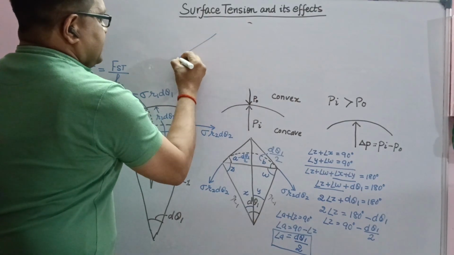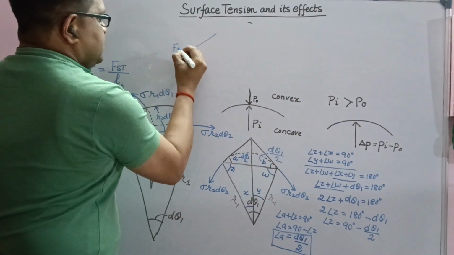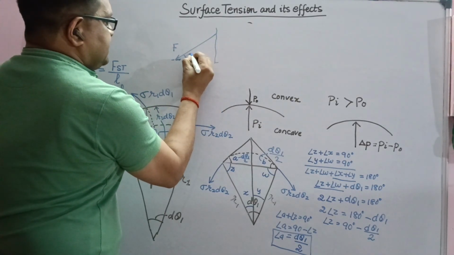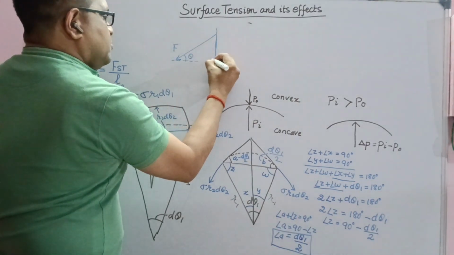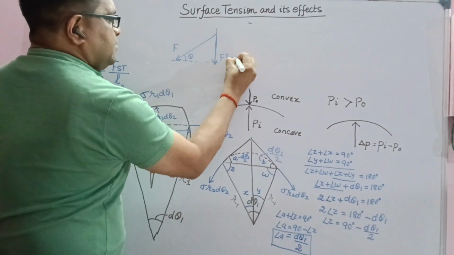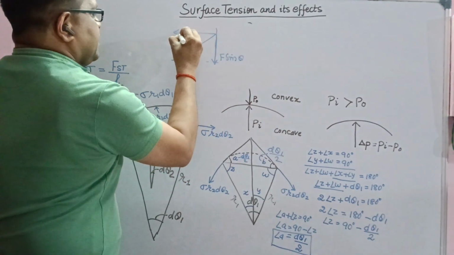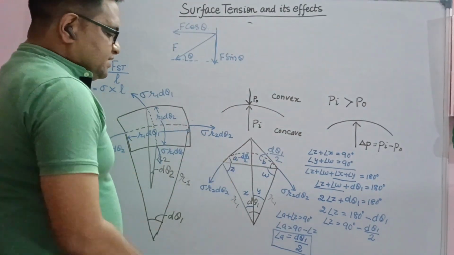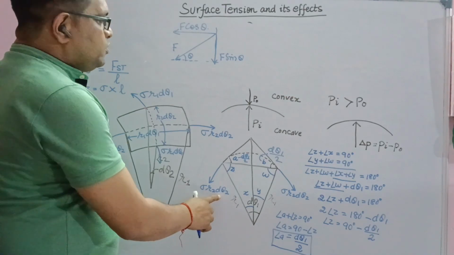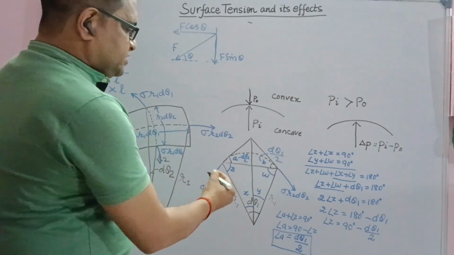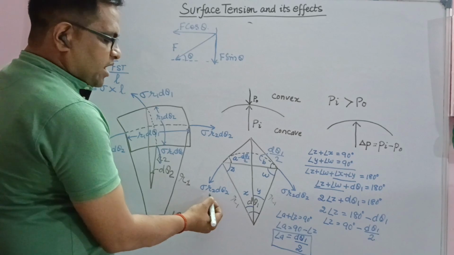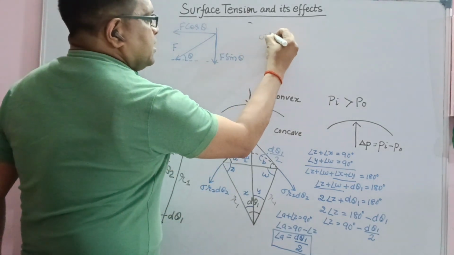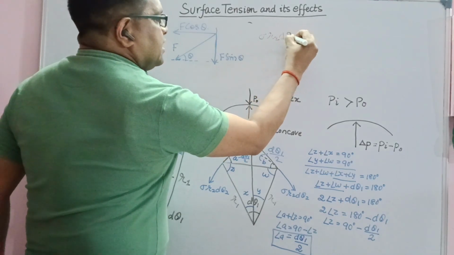So we have a condition like this: for any given force, if we know this angle as theta, this component of the force will be F sine theta, and this will be F cos theta. Now similarly in this case, the force is sigma R2 d theta 2. So we will have a downward force that will be acting because of this force sigma R2 d theta 2, and that will be equal to sigma R2 d theta 2